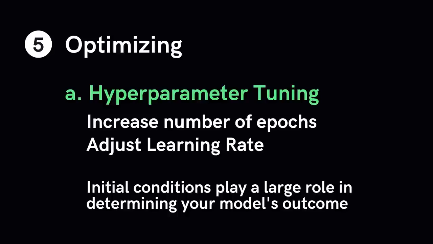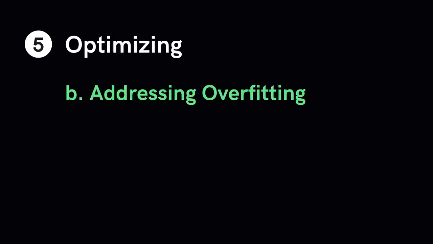One of the more common problems you will encounter is when your model performs well on training data but performs terribly on data it's never seen before. This is the problem of overfitting. This happens when the model learns patterns specific to the training dataset that aren't relevant to other unseen data. There are two ways to avoid overfitting: getting more data and regularization.